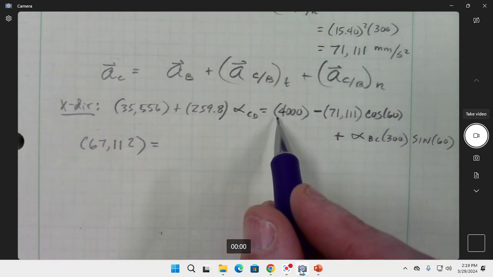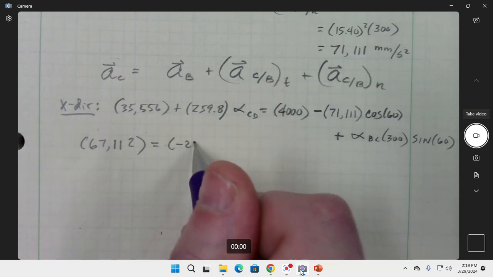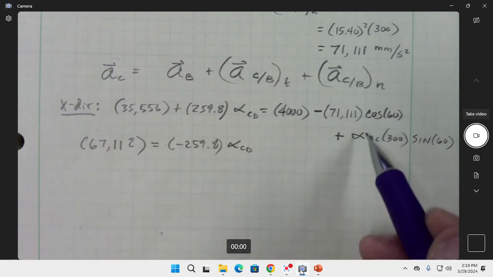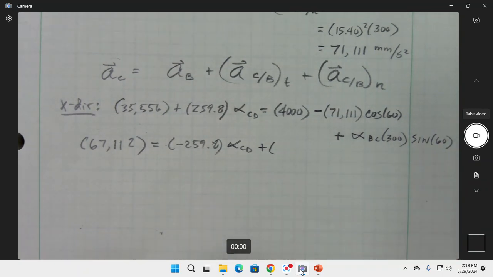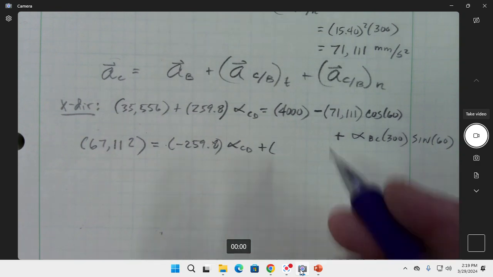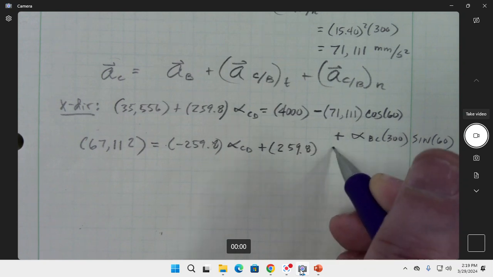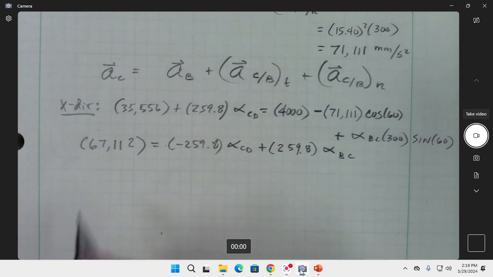Okay, so on the right-hand side, we could go ahead and have a negative 259.8 alpha CD, and then lastly plus 300 times the sine of 60. So 259.8 alpha BC. To the y direction,